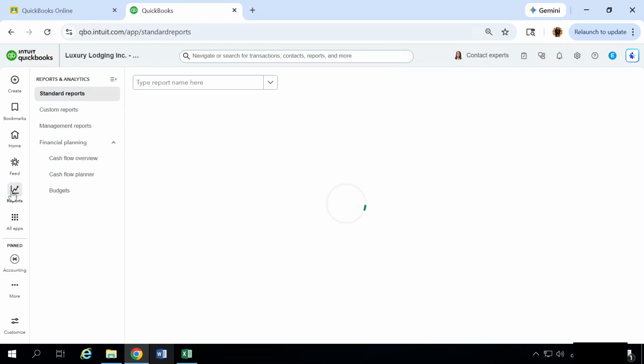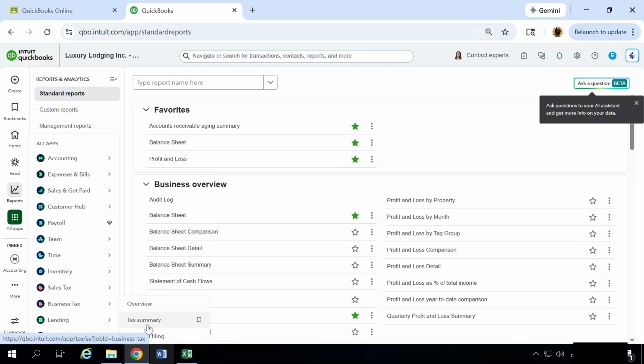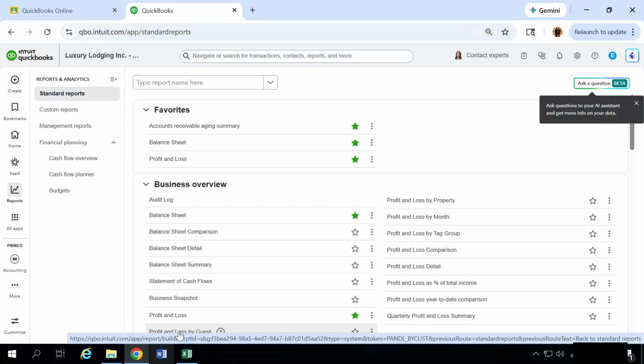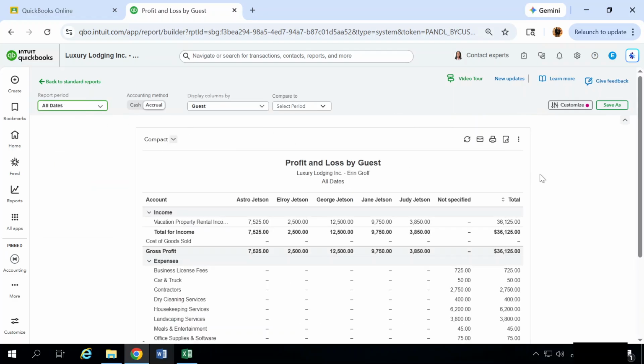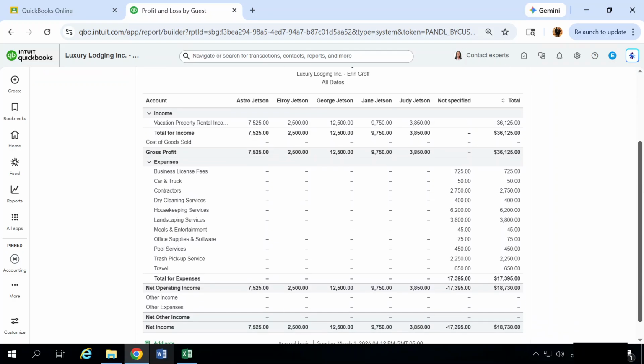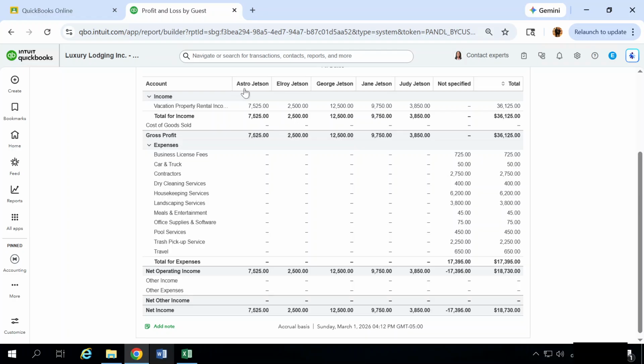We'll go back to our report center and this time select profit and loss by guest. Again, change your date range to all dates. And you can see across the top, this is broken up by Astro, Elroy, George, Jane, Judy, and also a not specified column. So the profit and loss by guest report provides a breakdown of total income by guest or customer. Based on the info shown in this report, the top 3 guests for luxury lodging are George Jetson